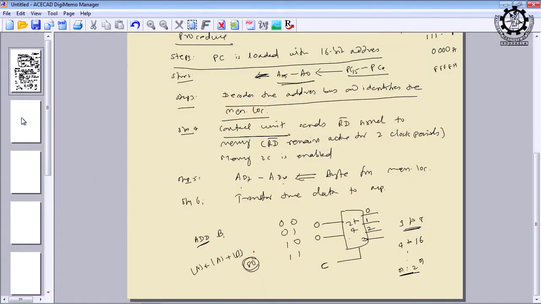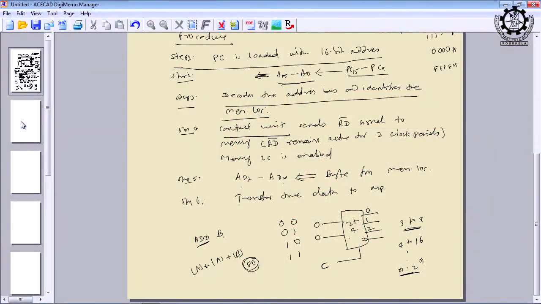If I tell you to write the same 6 steps for the memory write operation, you can observe step 1 remains the same. Whether it is a memory read operation or memory write operation, step 1 remains the same, because the program counter has to be loaded with the corresponding memory location address where the data is to be written, because this time the data transfer will be taking place from the microprocessor to memory. In the memory read operation, the data is transferred from memory to the microprocessor, but for the memory write operation, the data is to be transferred from the microprocessor to memory. Therefore, step 1, whether it is a memory read operation or memory write operation, we need a memory location address. Therefore, step 1 remains common.